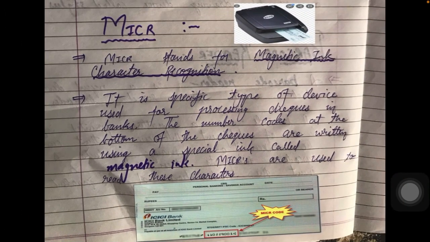Whatever this code is scanned by is a recognition machine, shown in the picture, that scans this magnetic ink character. That's why it is called magnetic ink character recognition. It is a specific type of device used to process checks in banks, right? It is mainly used in banks.